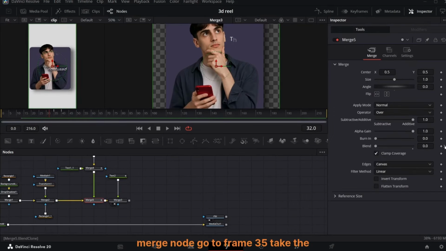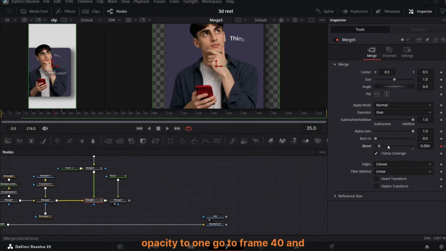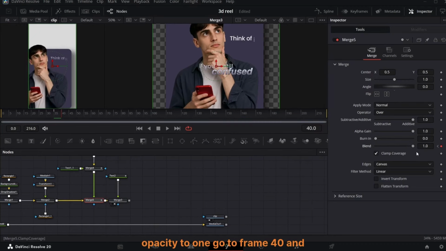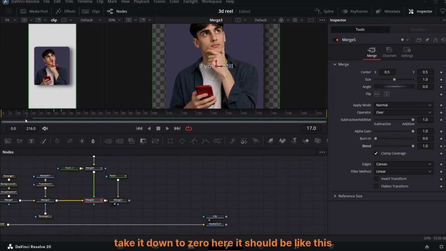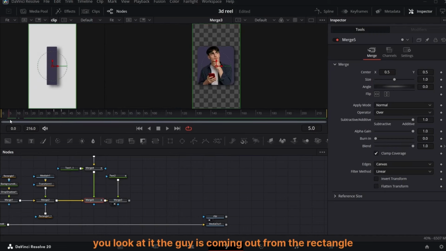Come to this merge node, go to frame 35, take the opacity to 1, go to frame 40 and take it down to 0. Yeah, should be like this. Yes, now if you look at it, the guy is coming out from the rectangle, so we're going to go